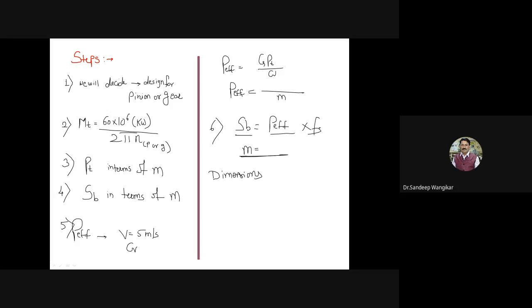After calculation of dimensions, by using the dimension, I will calculate PT, I will calculate V, I will calculate CV, I will calculate P effective, and then I will calculate FS again, and I will check whether the design is safe or not. So this is the additional step. So these are our standardized or generalized steps for solving the numerical. Let us move to step number 1.